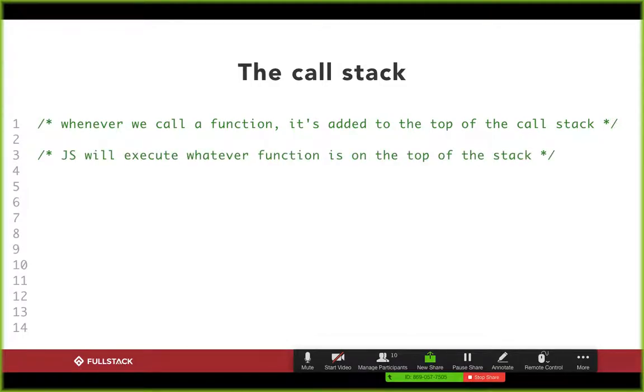The best way that people sometimes describe a call stack is as a stack of pancakes, or another analogy I like a lot is a stack of plates at a buffet line. If you've ever been to a buffet,